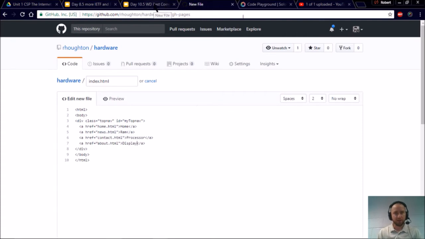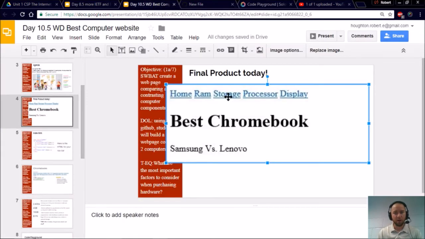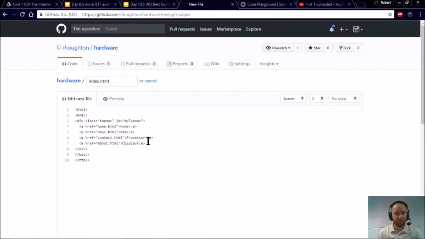Now just so I don't confuse myself, oh, I forgot storage. Oh, and I don't see one here, so let me go ahead and just notice the pattern and create the same